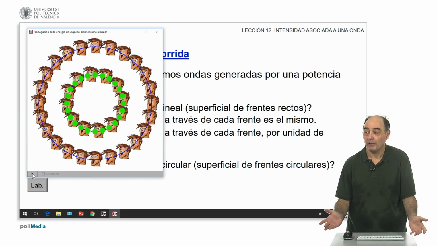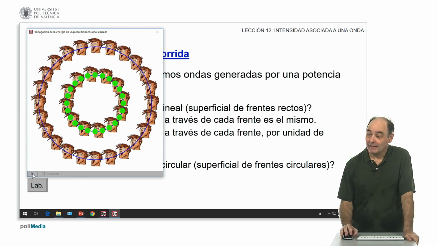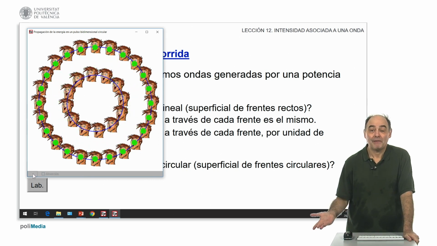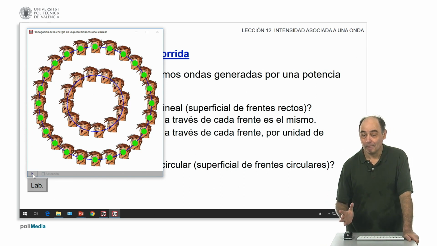per meter, accordingly. However, we can see that the next front, with twice the radius, also has twice the length. It's the formula for the circumference, 2πr. So, there I have twice as many meters, twice as many joules, and since they are still the same number of coins, we have 1 joule per Jake, 1 joule per meter. We have a distributed energy, the same, there has been no loss of energy, but it has been distributed over